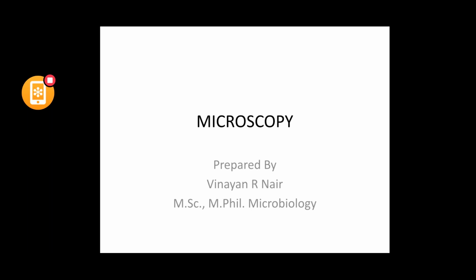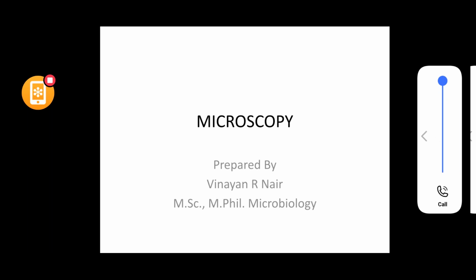Today we are going to deal with electron microscope and types of electron microscope. Before we move into this topic, let me explain what the basic difference is between a light microscope and an electron microscope. We have already discussed this in the last class. In the light microscope, the source of illumination is light, whereas in the electron microscope, the source of illumination is a beam of electrons.